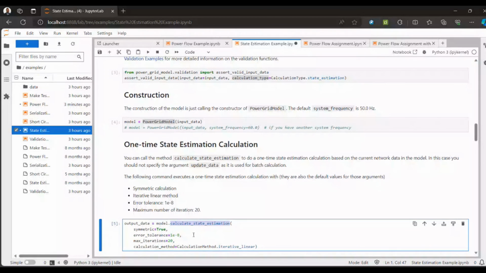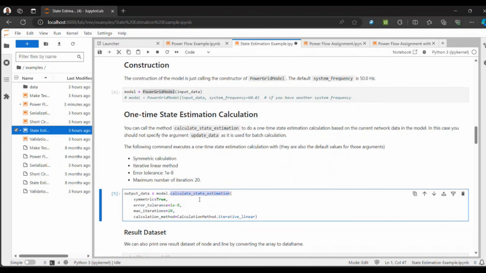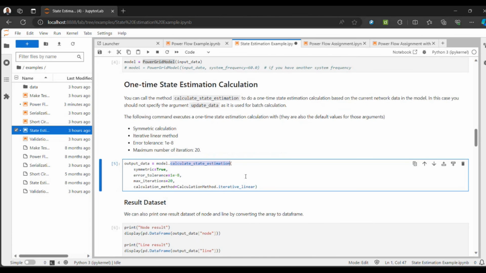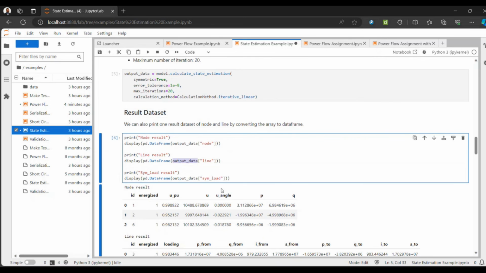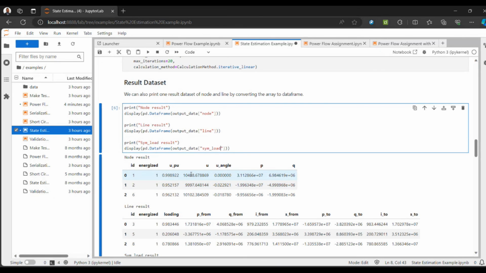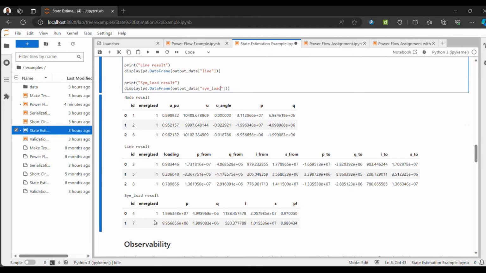Before it was calculate power flow, now it's calculate state estimation. And everything else remains the same. How you access the attributes, how you create the whole batch calculation set, everything remains the same. So after we run the state estimation as well, we shall find some results, node, line, sim load,